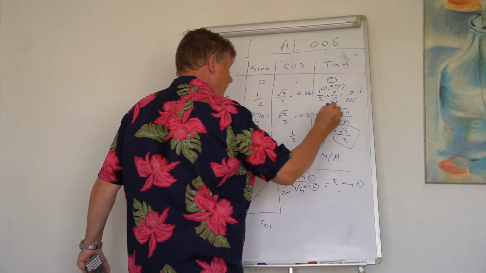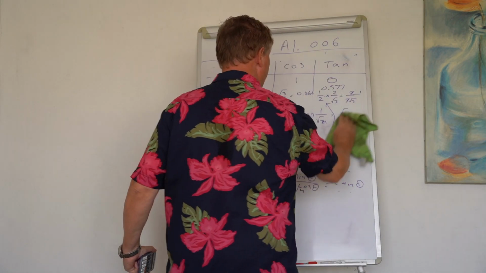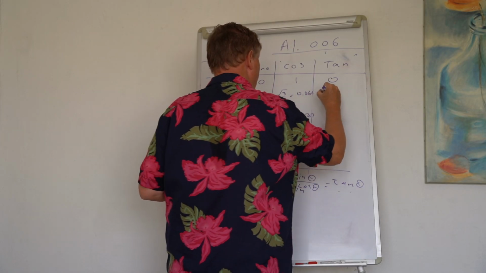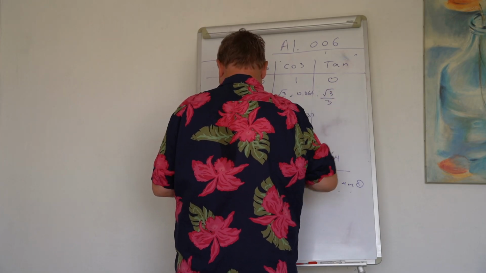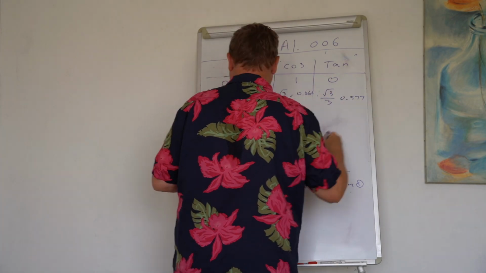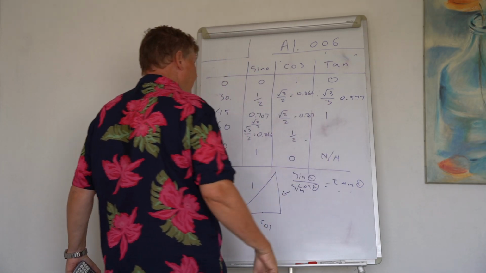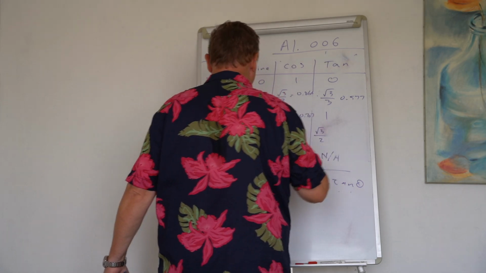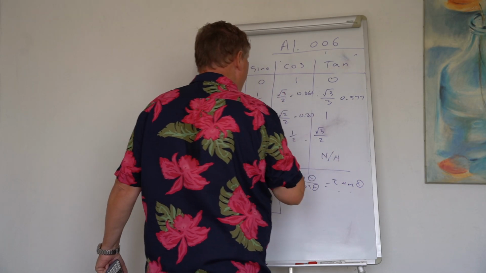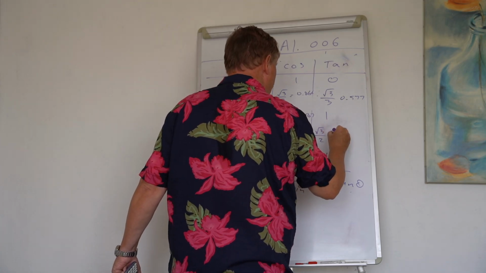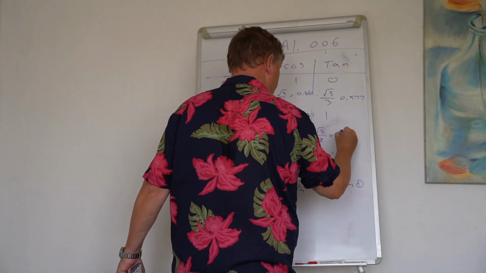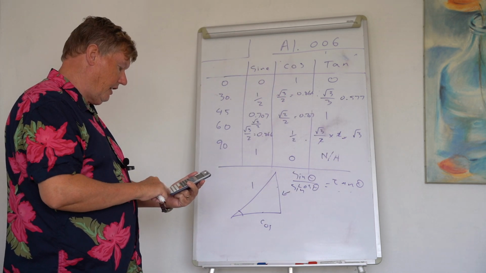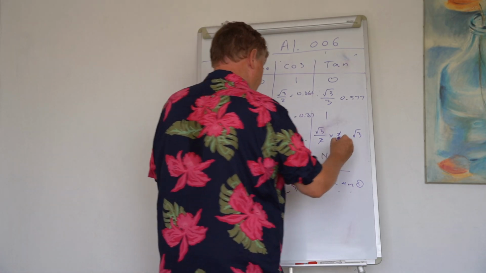And the tangent of 45, oh, very messy, sorry, apologies. So tangent of 0, 0. Tangent of 30, root 3 over 3, about 0.577. Tangent of 45, we all know, is 1. Tangent of 60 would be root 3 over 2, which is the sine, divided by the cosine, which is the same as multiplying by 2. 2's cancel, root 3. Don't believe me? Get your calculator out. Tangent 60, root 3. And the square root of 3 is about